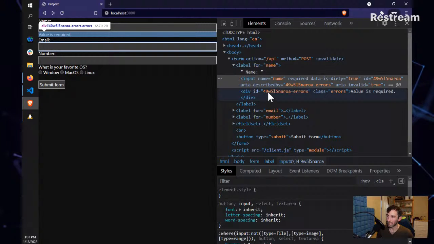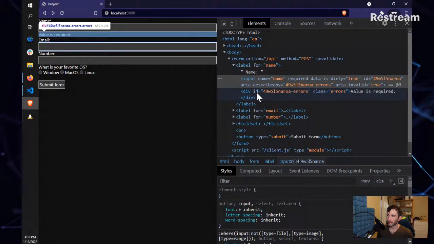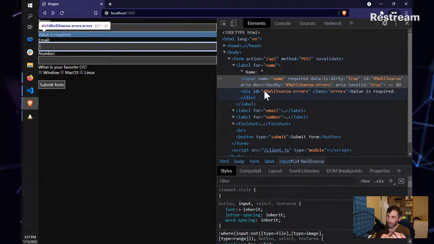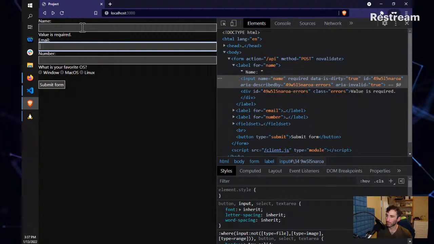And this element has an ID which correlates to the input's ID. And this relationship between aria-describedby and this ID means that when assistive technology focuses on this input, again, it will let the assistive technology know that, well, the description, it'll read it to the user. We also add a little aria-invalid attribute so that assistive technology knows, hey, this input, there's actually something wrong